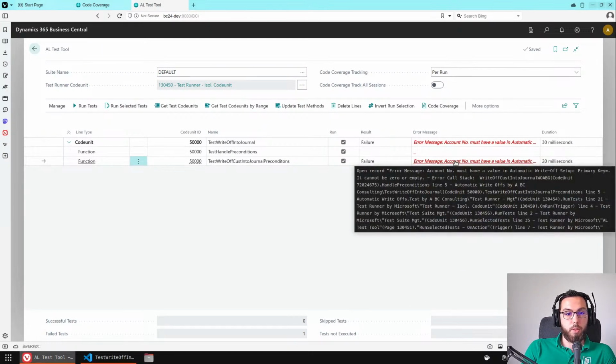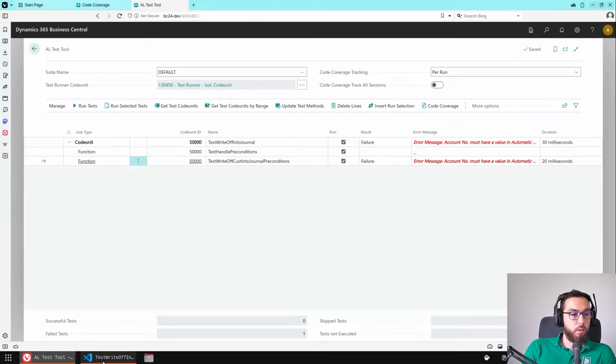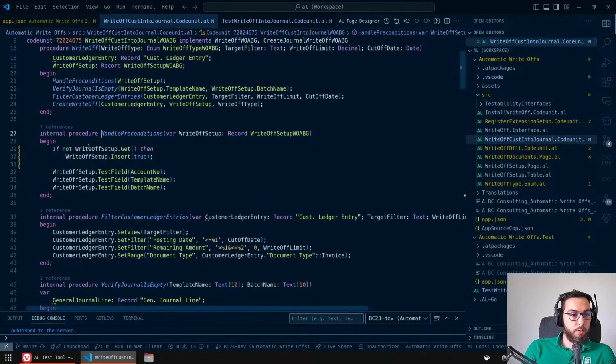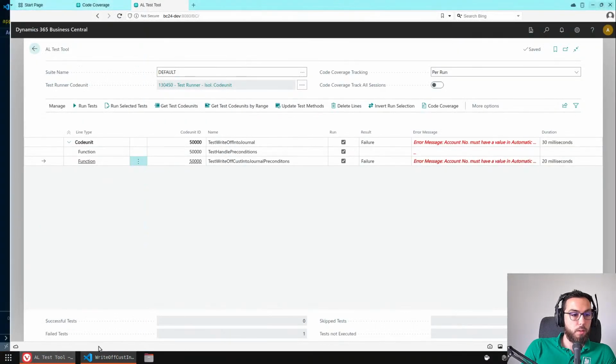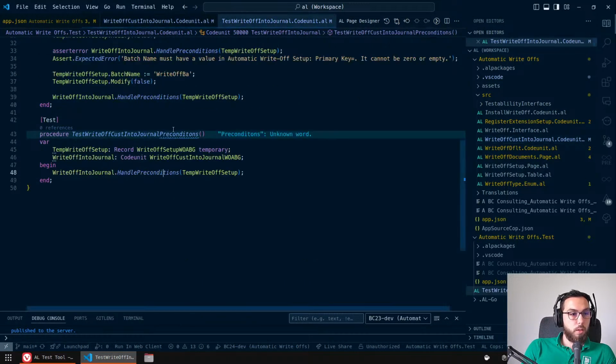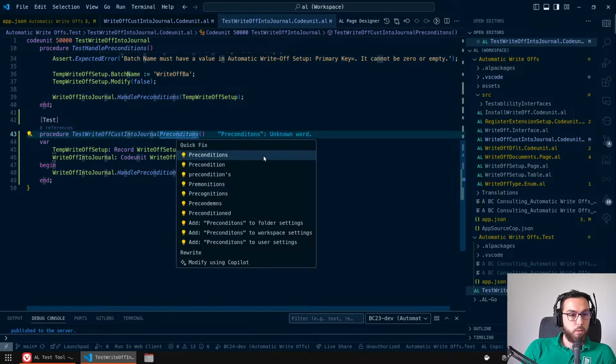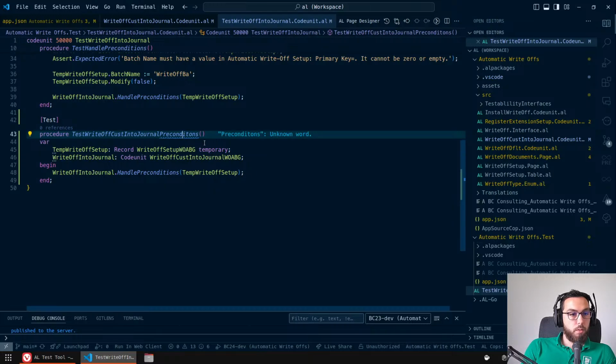All right, so account number has to have a value. So I don't get any errors that the record is not existing, because this will have executed in this test, from the test, since it's definitely not there, since it's a temporary variable. But this way I can also test if it's actually getting inserted. There's a typo, preconditions. Okay, and